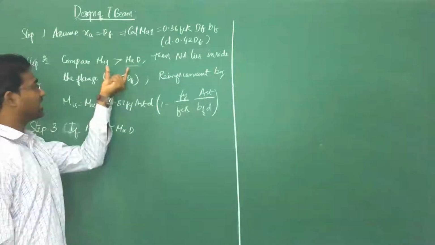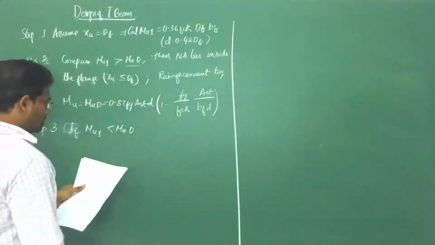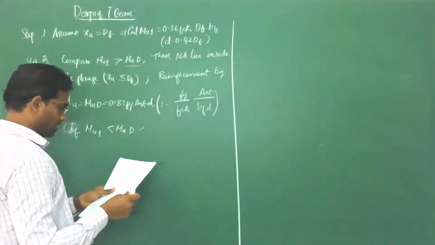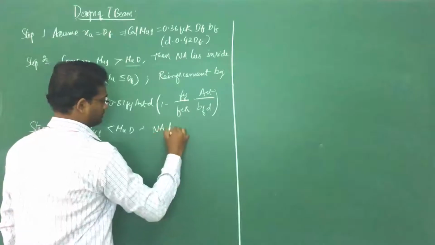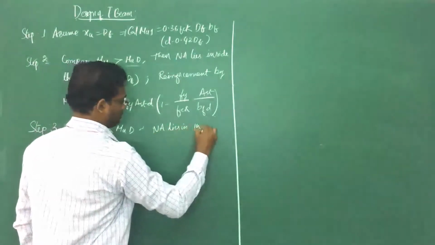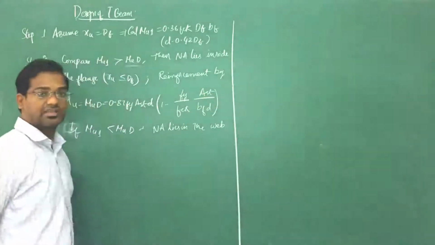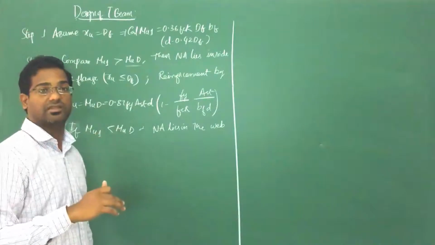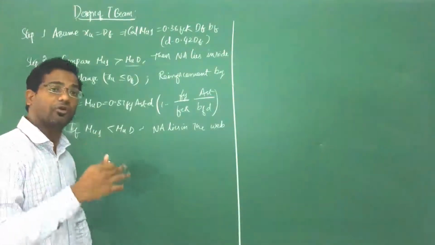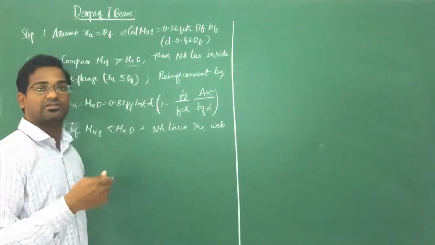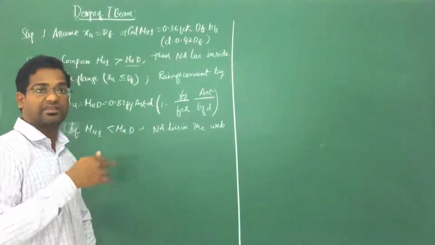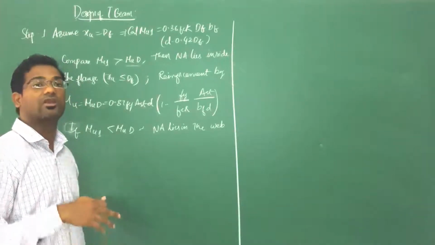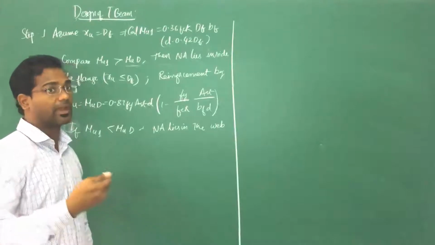If this condition is not satisfied, then your neutral axis will not lie in the flange, it will lie in the web. So as we have discussed, with the neutral axis in the web, you have to decide whether it is within 3 by 7th of Xu or 4 by 7th of Xu. If it is within the 3 by 7th of Xu, it means the entire concrete section is taken as a rectangle section. If it is 4 by 7th of Xu, then you have to take partly rectangle, partly parabola.